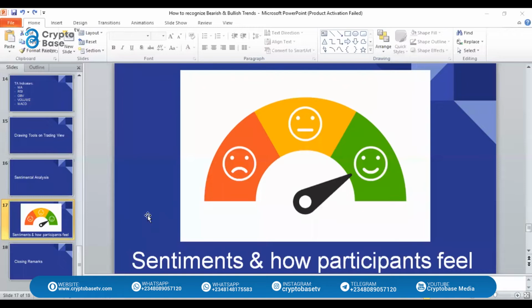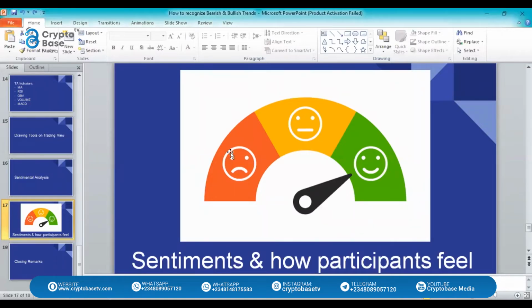So this is sentiment. This is how people feel. And then I said there are players in the market. There are big players, like the whales and the institution players, and then there are also small players in the market. The small players are the retail traders. What these people think about the markets matters a lot, and their reactions matter. As a player, you must study the market sentiments to be able to recognize a trend before it happens. That's the essence of this meeting, right? You must be able to recognize a trend before it happens.